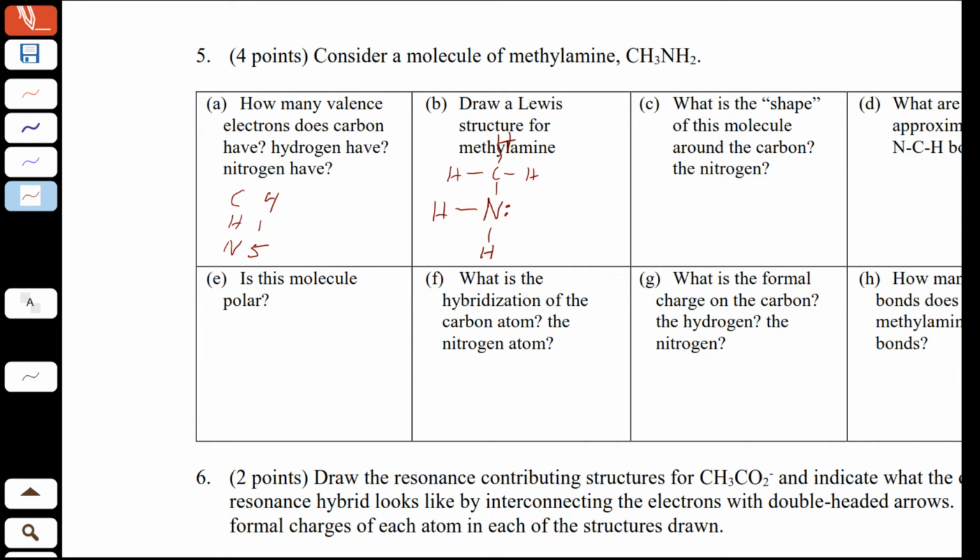And then the shape of this molecule around the carbon would be tetrahedral. And around the nitrogen would be trigonal pyramidal. If you said tetrahedral there, that's okay. Remember that the tetrahedral includes the lone pairs, and that gives you the correct bond angles. But the actual shape of it, physically, because the lone pair doesn't actually show up in the shape, we